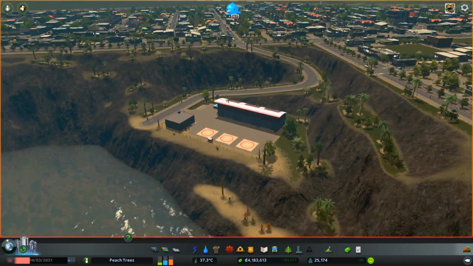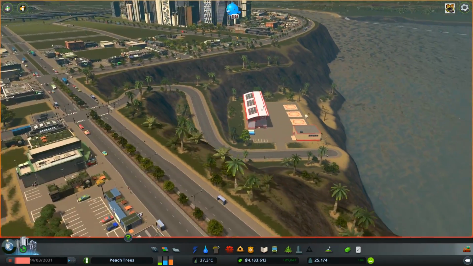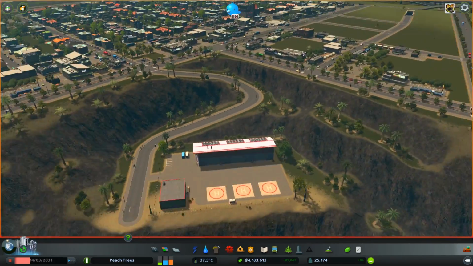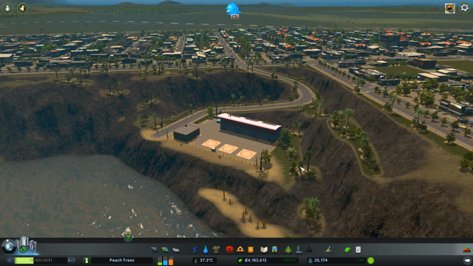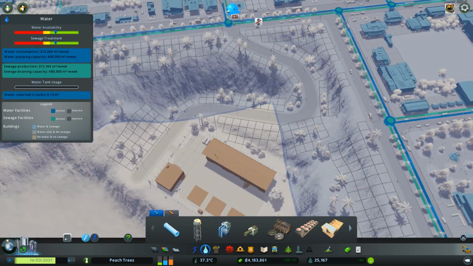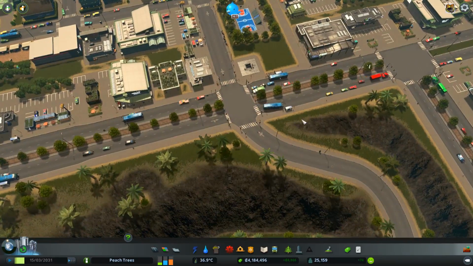Alright guys, so there you have it. I even think I went overboard with the trees, but that's okay, because trees make everything look much better. So I'm just gonna resume the simulation. I don't even know if this thing has water. It doesn't, but anyway, it seems that we have...